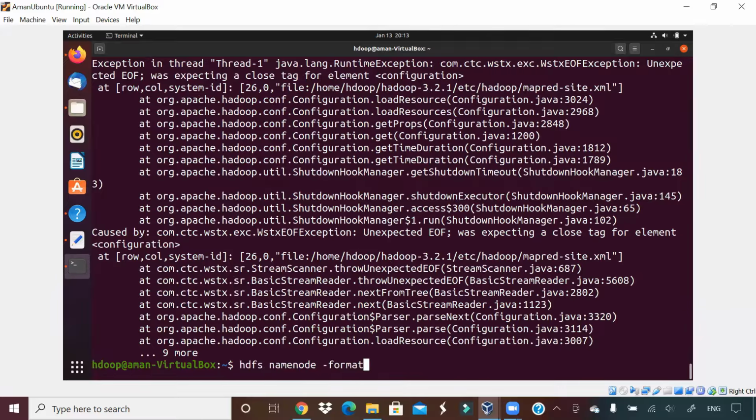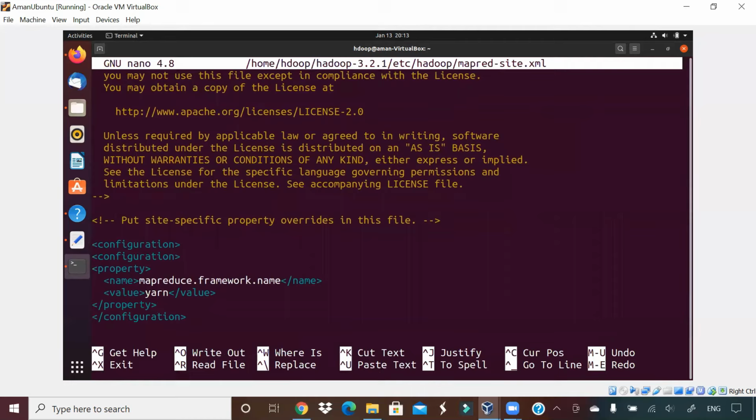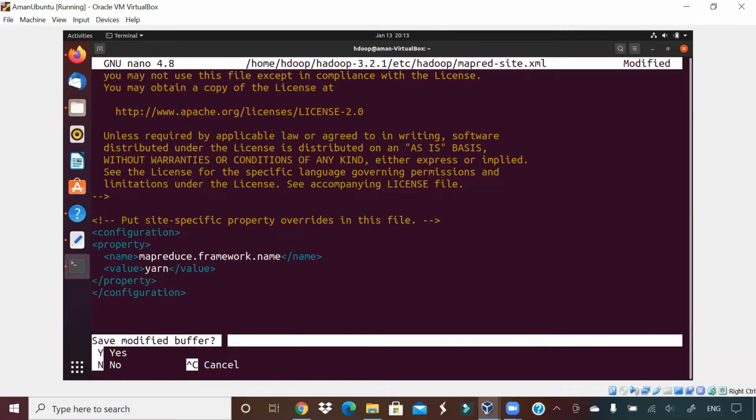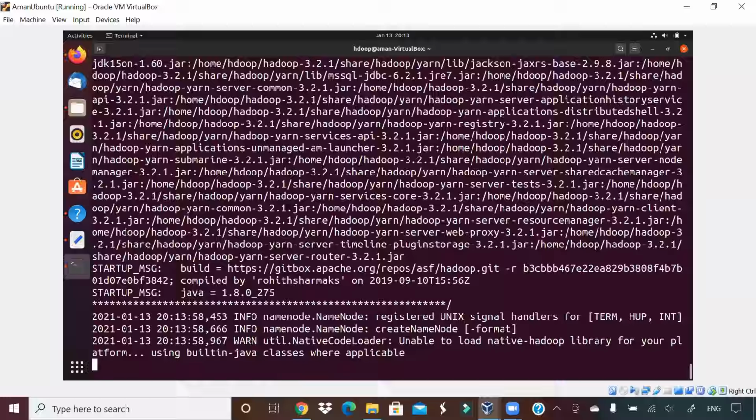I'm knowingly doing this in front of you guys so that you can understand what kind of problems can happen. Okay, so here is the problem, guys. There are two configurations here. See, configuration, right? So only one is needed. Let me delete the other one. Control X, Y, enter. Let me try launching now.